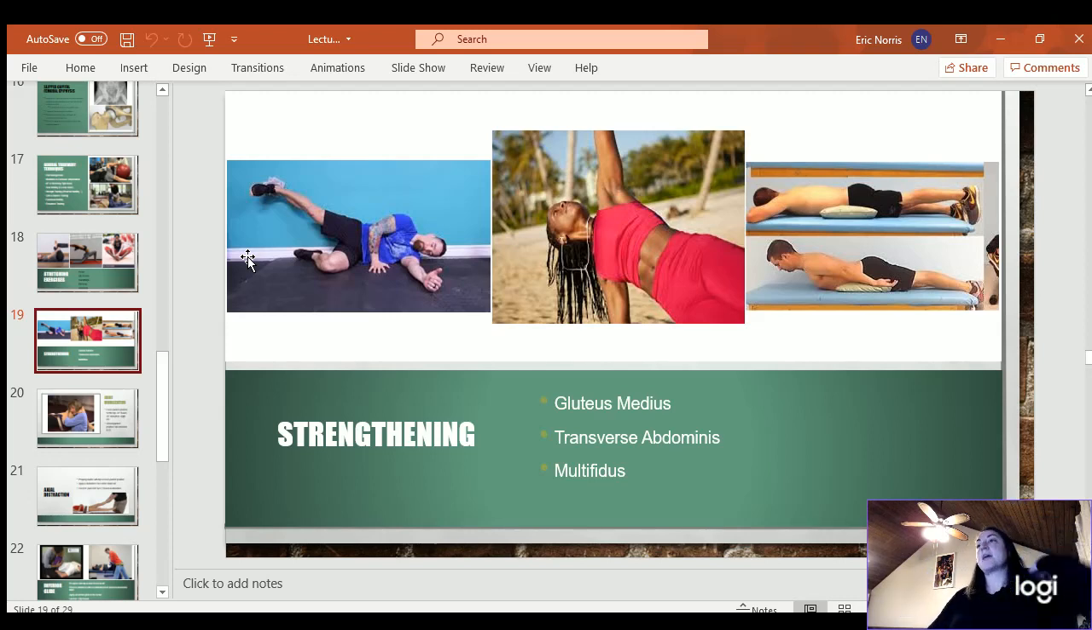I really like that. Remember, with transverse abdominis, regular planks and side planks are great for that and for all of our core stability muscles. And then with multifidus, something that we haven't talked a lot about in class. So the multifidus is at the very bottom part of your back near the sacrum. And one of the